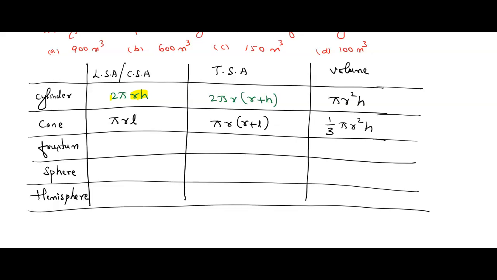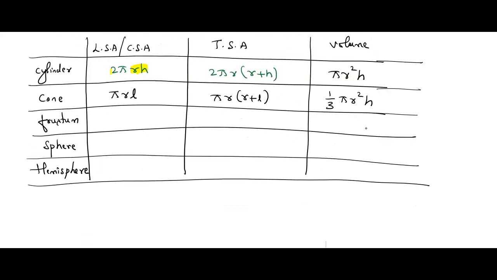Children, if you want to remember frustum, I can give you one logic. You need to remember this. First you have to write cone. From cone you can derive frustum. If you want a deeper explanation, you can watch my video. I have already done the basic video based on surface area and volume. In that I have clearly explained all these things, but here I am directly giving you the basic information.